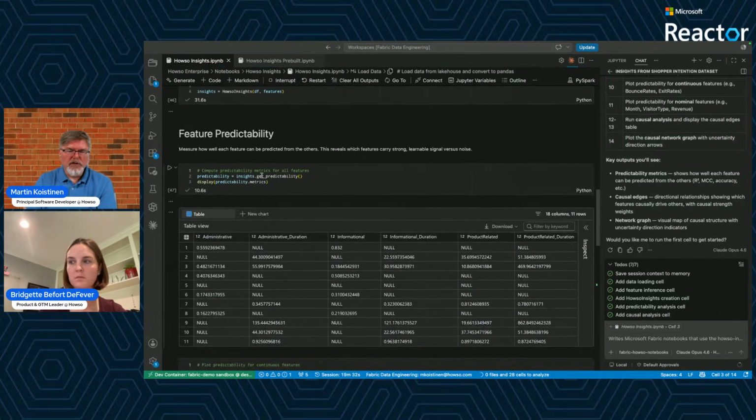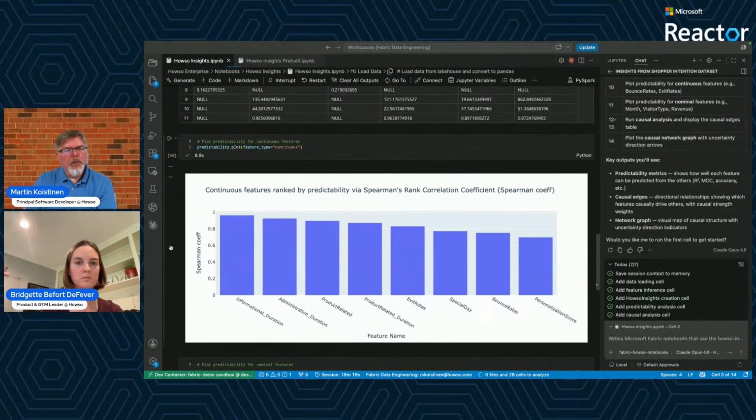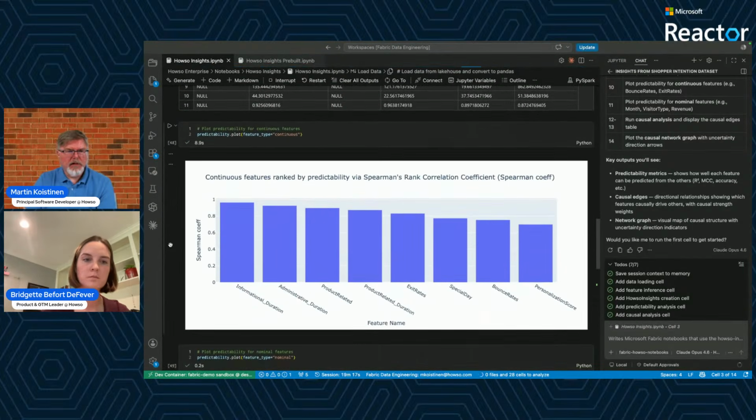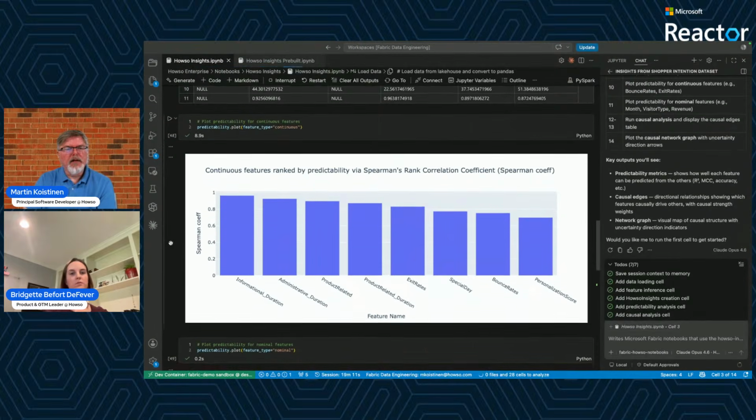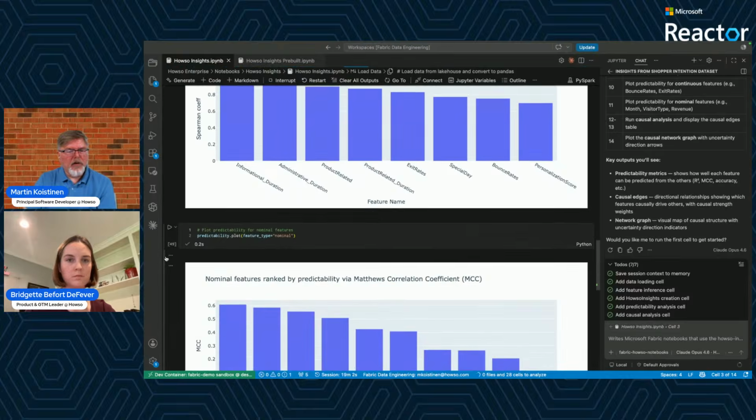So very simply, we just call get predictability, we display it. If you're a numbers guy, you might want to go look and compare numbers about what predicts what, but we can also look in these plots. So when we compare predictability, we have to group the features into 2 different types, continuous or nominal, because they use different metrics to determine their predictability. So here we have all the continuous features, which are useful. And down below, we have all of the